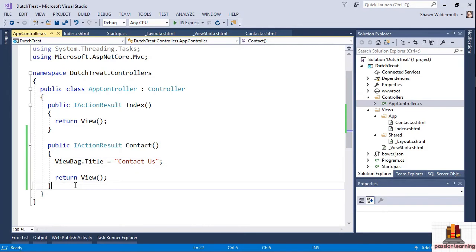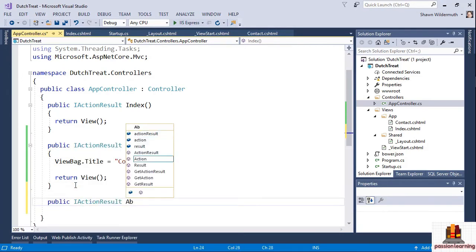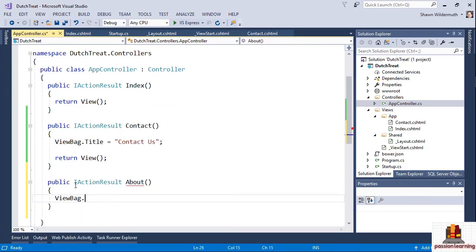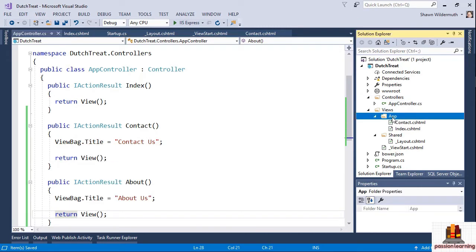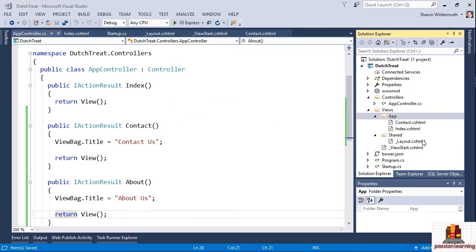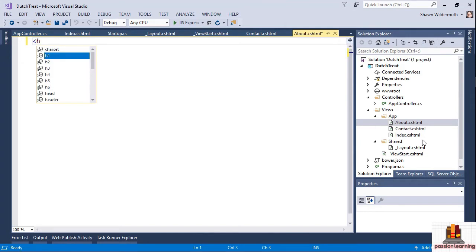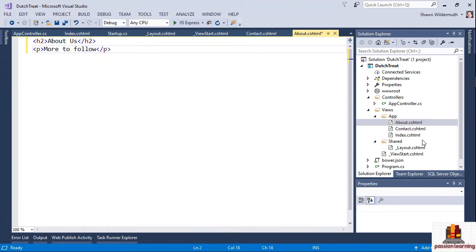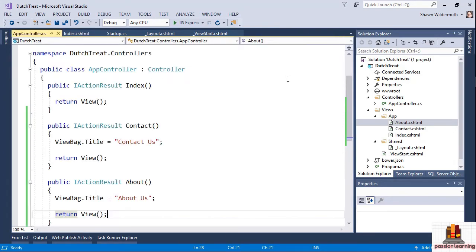Let's do the same thing again. For our third view, we'll call it about. And then just return view again in the same way, and we'll come back over to the app folder and create an about.cshtml. And we'll use this in the same way, H2, about us. And here I'll just put a little more to follow, since we're not actually going to implement the about page at any point, but it's a nice